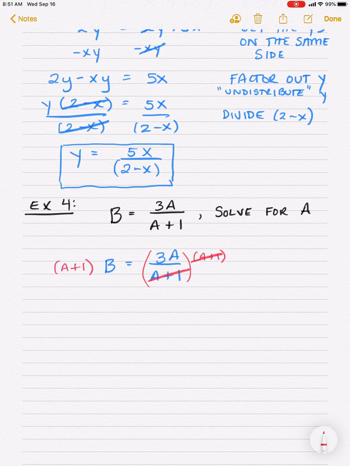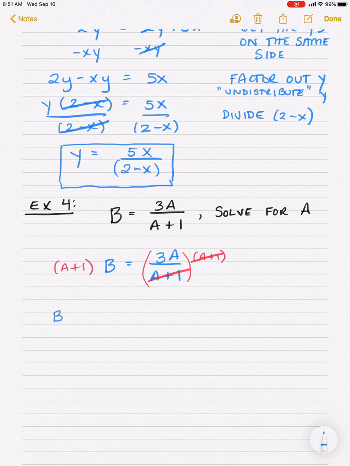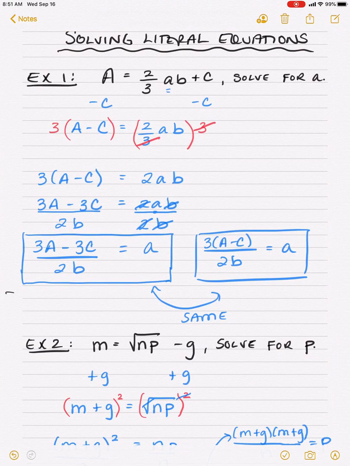A plus 1 divided by a plus 1 is 1. And so what I get over here is I have ab times the quantity a plus 1. And over here I just have 3a. Let's do that second step now where we distribute. I really don't care if you put AB or BA. That does not matter either way. Okay. What was it that we said to do when we were trying to solve for A and we have 2 of them? Your goal again,